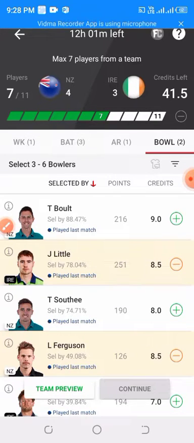So when New Zealand is bowling first, he is a must pick in your fantasy teams, and for risk takers, you can drop Trent Boult when New Zealand is bowling second. Similarly, Tim Southee has a good record when New Zealand is bowling first and can be dropped when New Zealand bowls second.